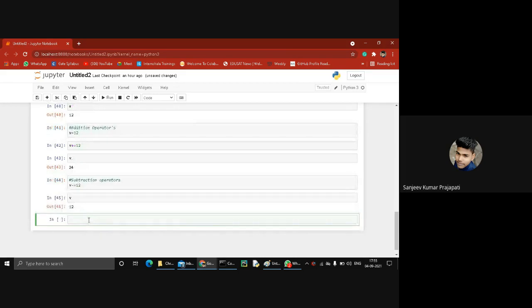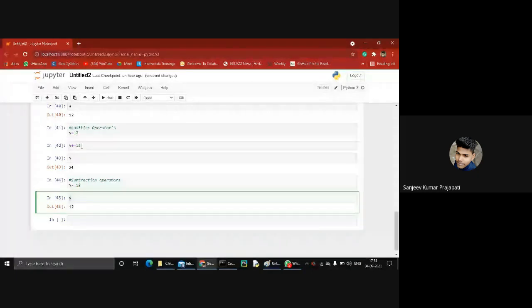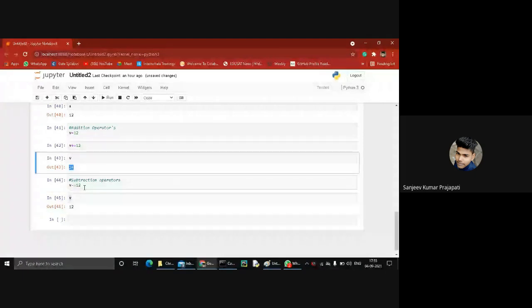Okay, you are right, it is 12, because the variable name is not changed. In the initial condition, we assigned b equal to 12, and after that we incremented it by 12, so the value of b is updated to 24. Then we again perform a subtraction operation on the same variable: b minus equal to 12, which subtracts 12 from the previous value 24.